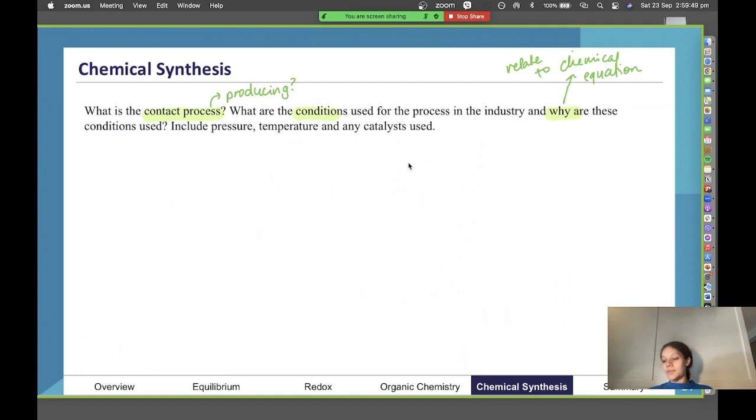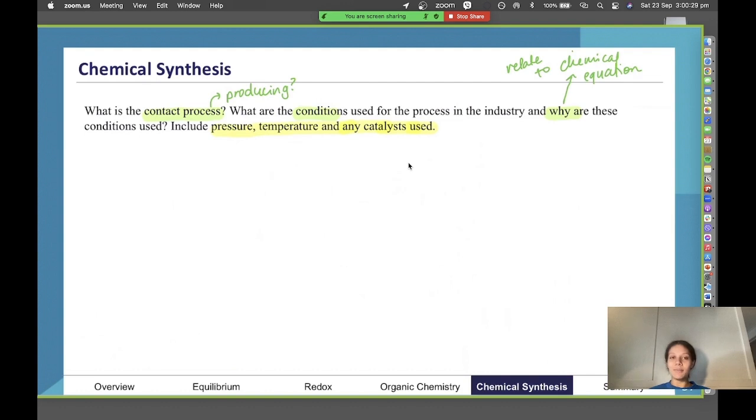And then specifically, we want to think about pressure. So I'll just highlight this. We want to think about pressure, temperature, and any catalysts used. So I was going to say for this, so we have the contact process. I know we have biodiesel production, the Haber process, all of these different, unique topics, subtopics, I guess. A good way to study them or to revise them is to create a really, really succinct summary for yourself, whether it be in your notes, flashcards or whatever you find useful. And then once you've got that, actually using that as a kind of springboard to make a longer answer.